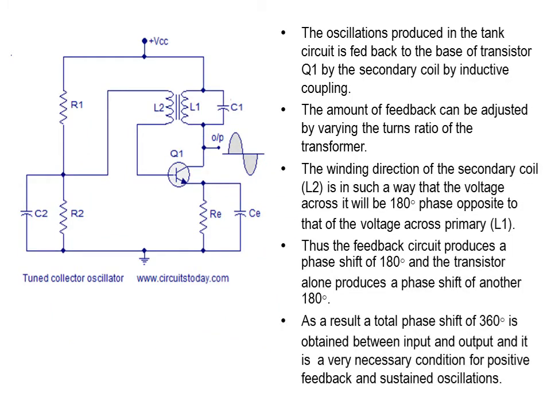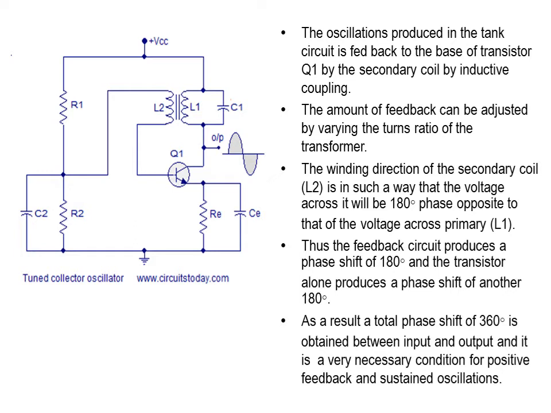Now we will have to see how we are feeding back this in this circuit. If you examine, I have marked a point as OP, which is the output. The output is taken from the collector branch. The output is drawn as a sine wave here. So from this point we are taking out the output. That means you will be connecting this point to the positive of the CRO, and this earth, which is common and shown at the bottom, will be connected to the negative of the CRO. So that will display the waveform like this, which is the output.